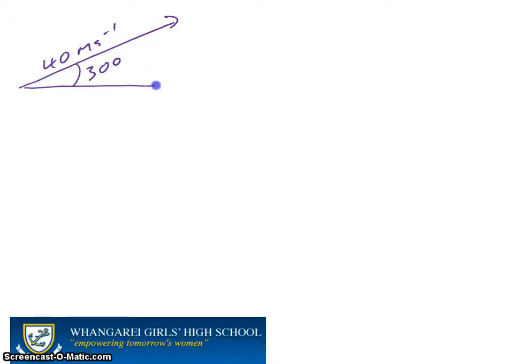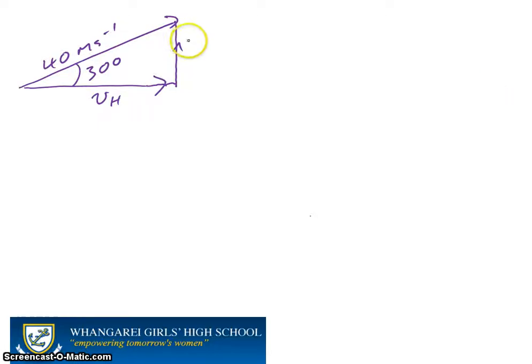Well, two things are very important to us. First of all, we want to break the vector into two vectors. The horizontal velocity tells us how far along the ground this person will go before they crash into the ground again, and therefore where they should put the catch net. And that's pretty important to you if you are a human cannonball, because landing without a catch net is very